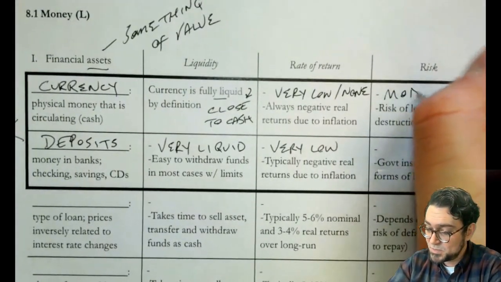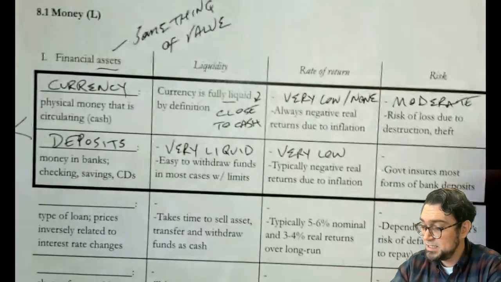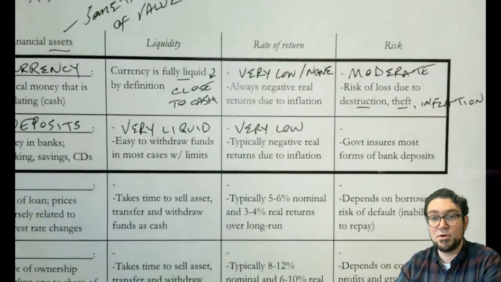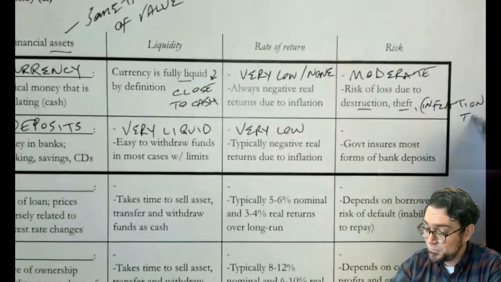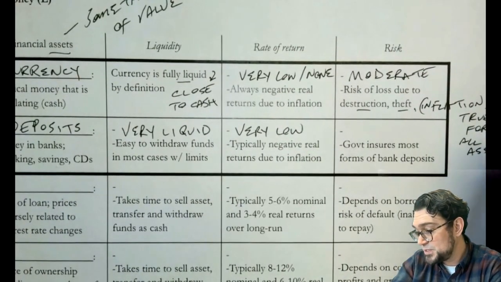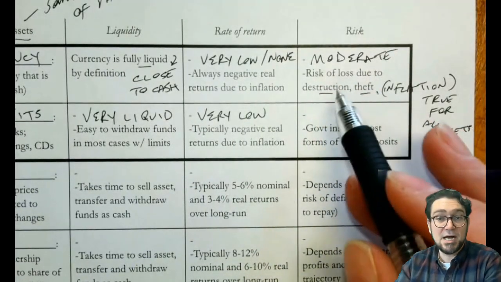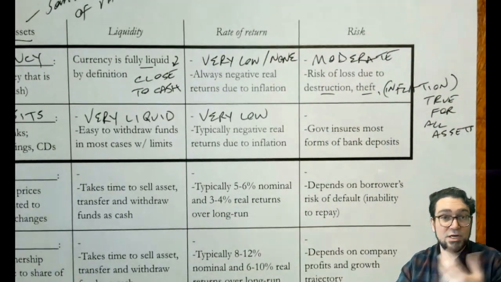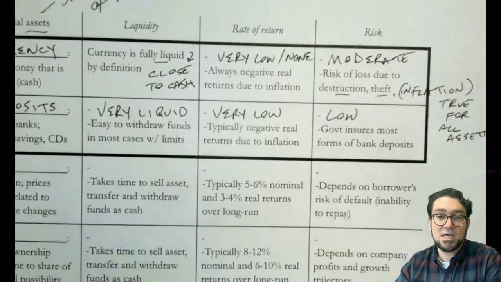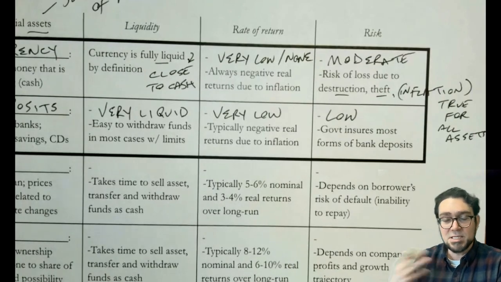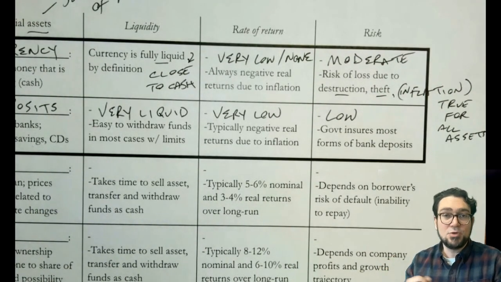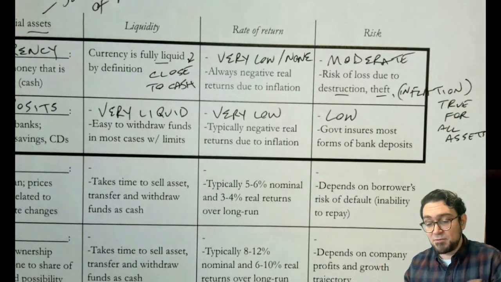There's a moderate level of risk in holding currency. Obviously, in addition to discretion and theft, there's also the risk of inflation, and that inflation would erode the value of it. That's more true for all assets, right? So we can just say that inflation is a risk for all of them. But we'd say it's moderate because if the currency that you have is destroyed, you literally don't have any backup. There's pretty low risk for bank deposits. That's because governments insure most bank deposits, and you can essentially be guaranteed to some level that if your bank fails, if your bank goes out of business, you can get some of that money or all of that money back from a government insurance program.